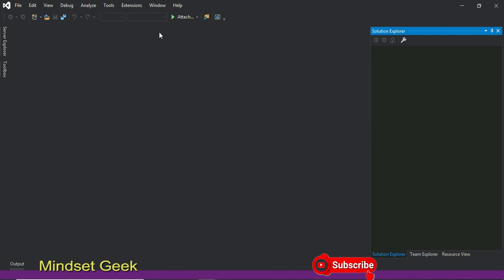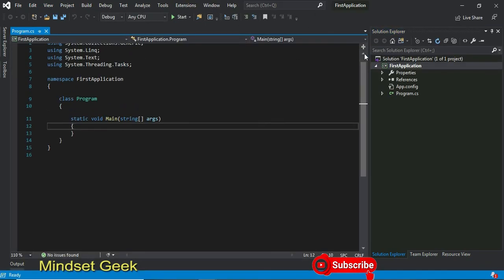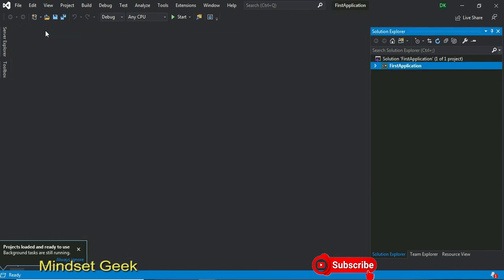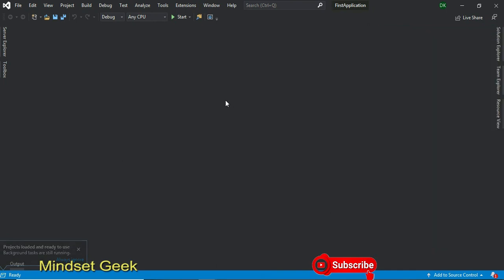This is your Visual Studio interface, right? Don't think about this one or this one. This kind of window you can see, right?